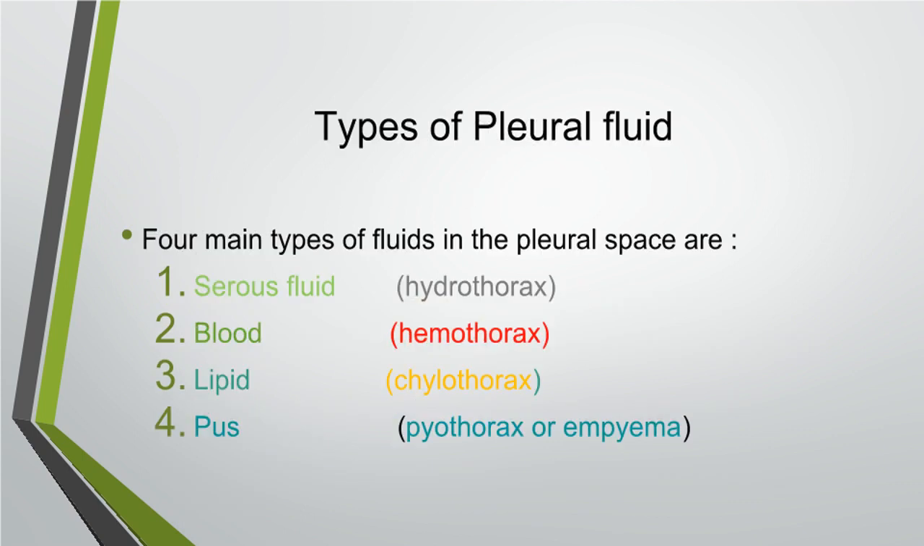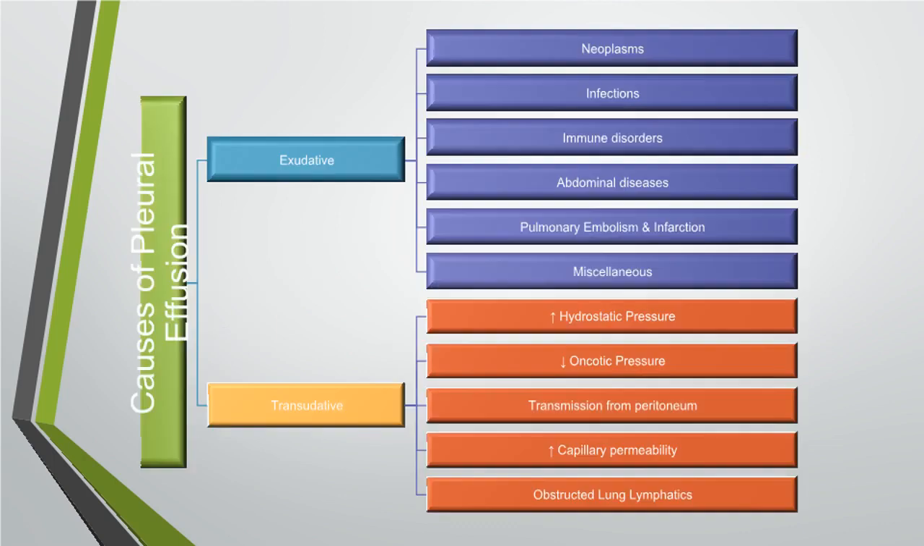Four main types of fluids in the pleural space are hydrothorax, hemothorax, chylothorax and pyothorax or empyema. Causes of pleural effusion may be divided into exudative causes such as due to neoplasm, infections and immune disorders. Transudative pleural effusions occur due to the disbalanced Starling forces, such as increase in hydrostatic pressure or decrease in the